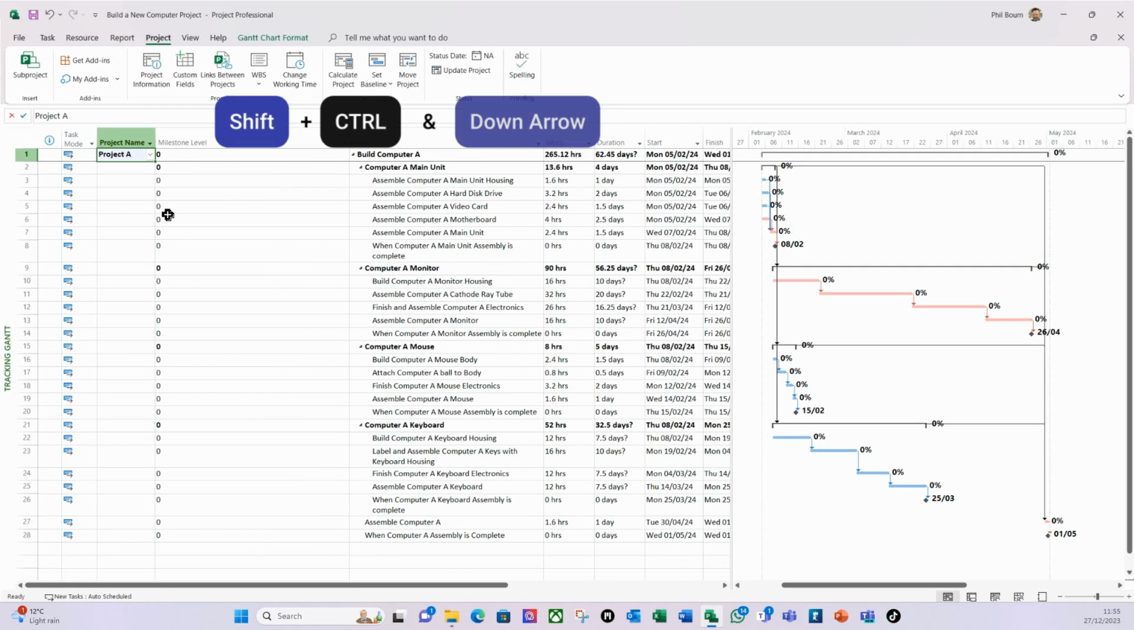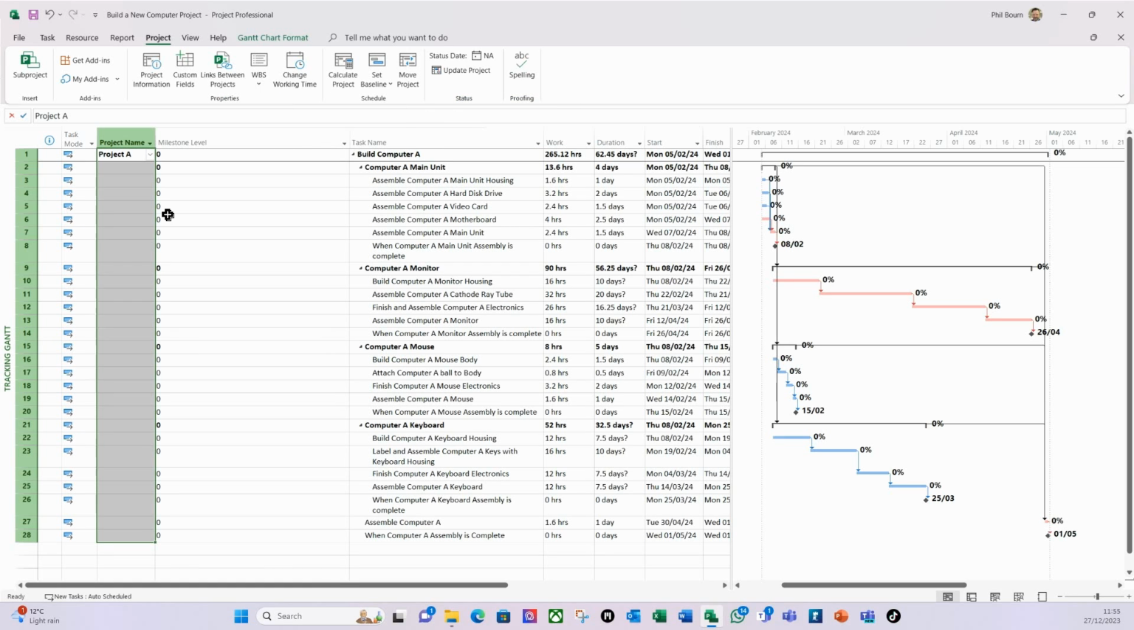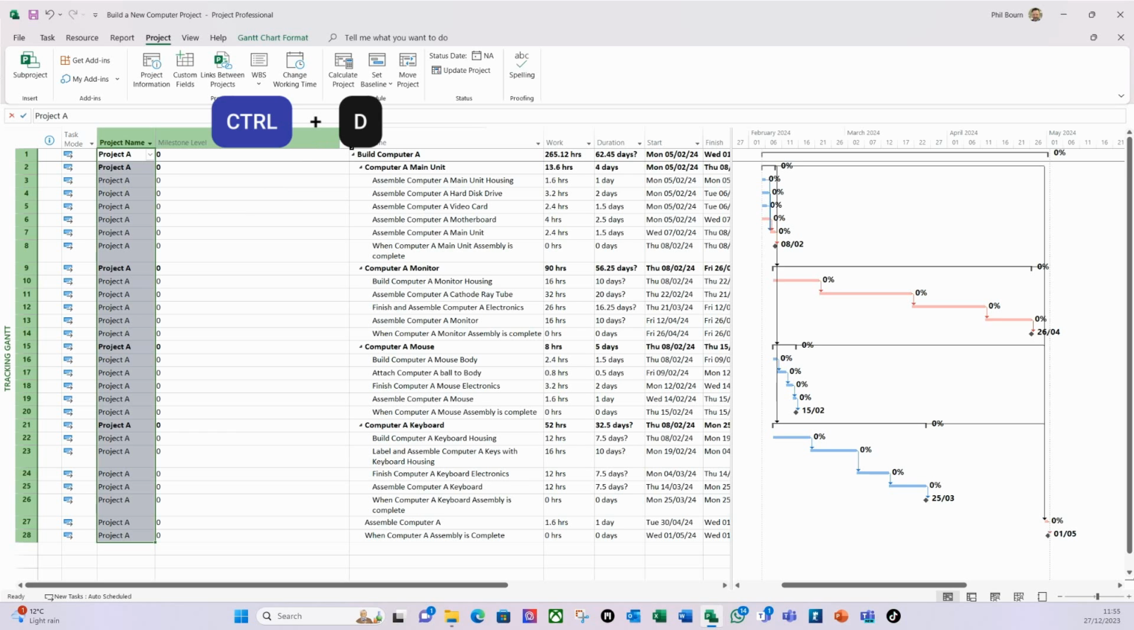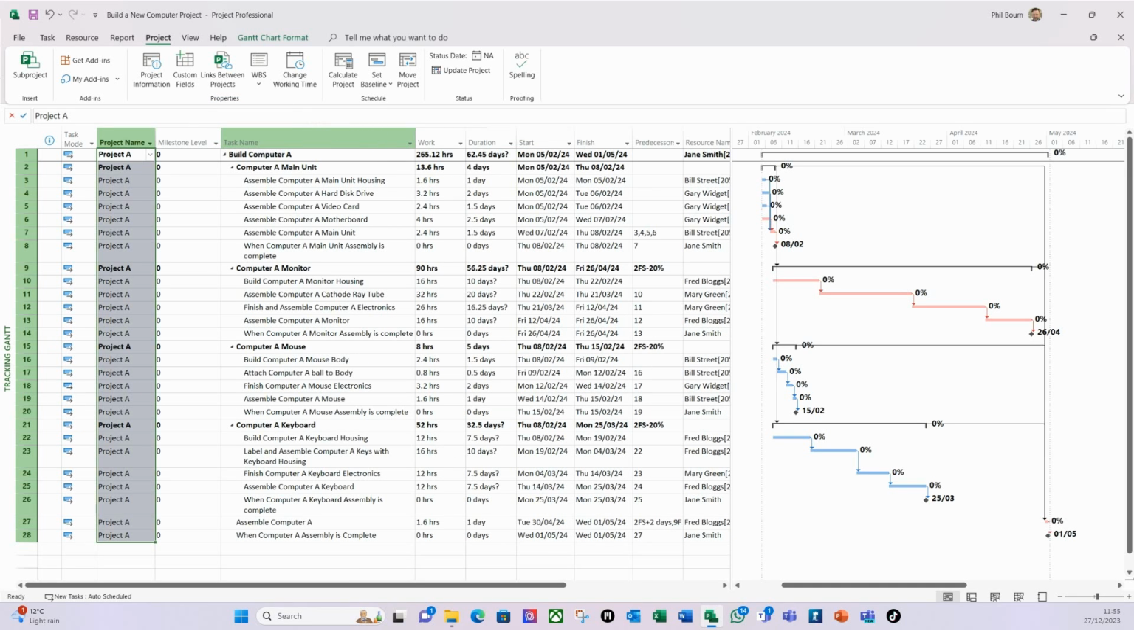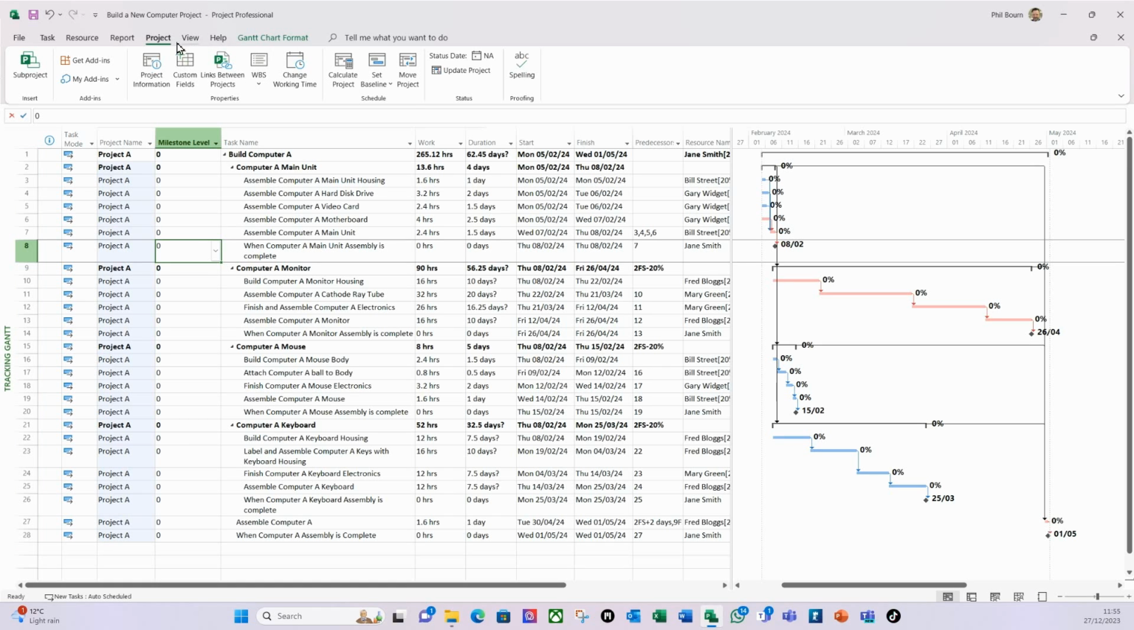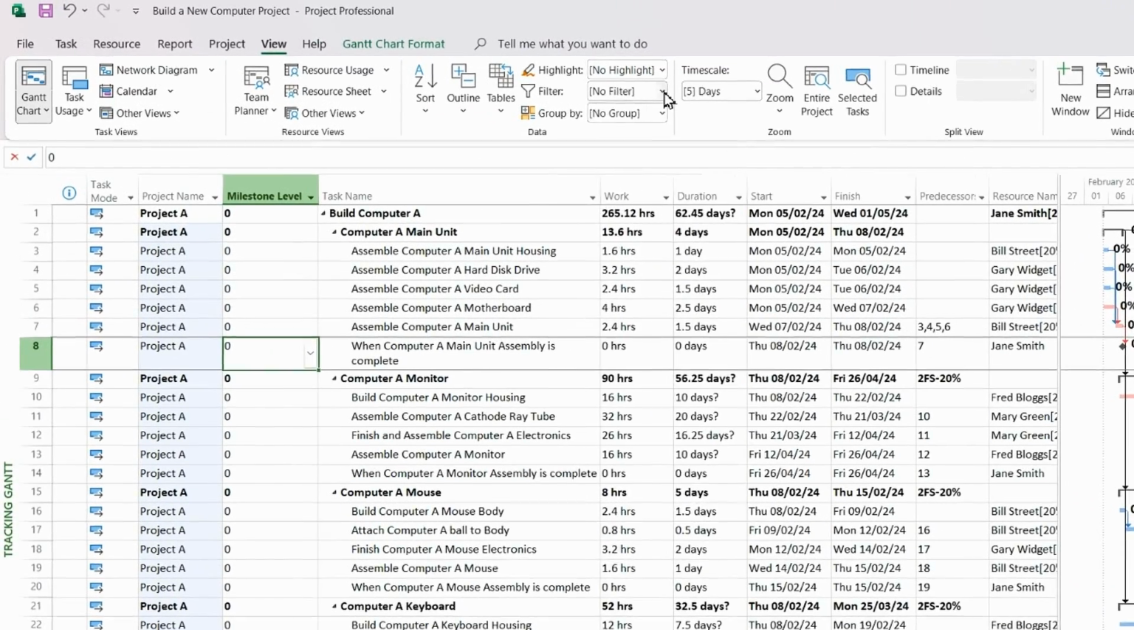And then I'm going to do Shift, Control and down, and I'm going to then do Control D to copy that all the way down, like so. Then, as far as the milestone level is, if I just filter on milestones just to help me,